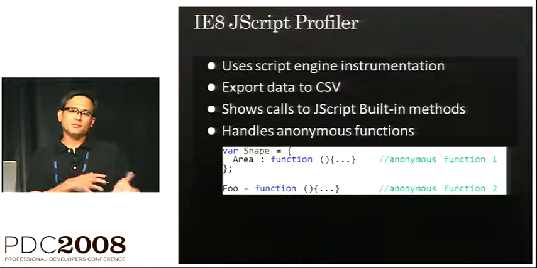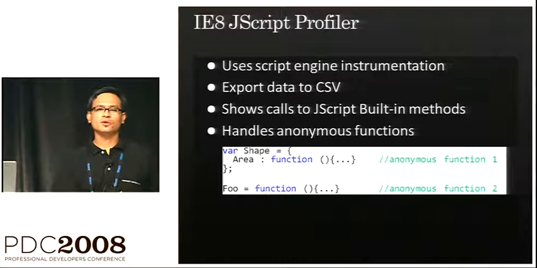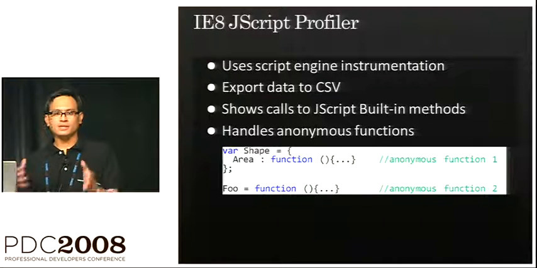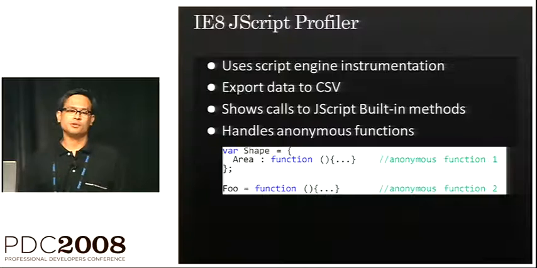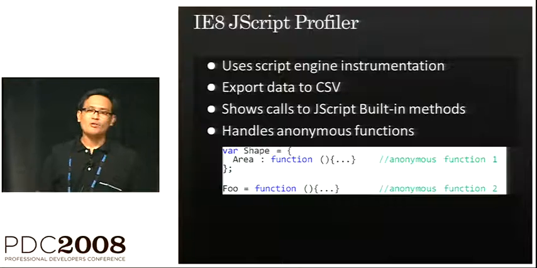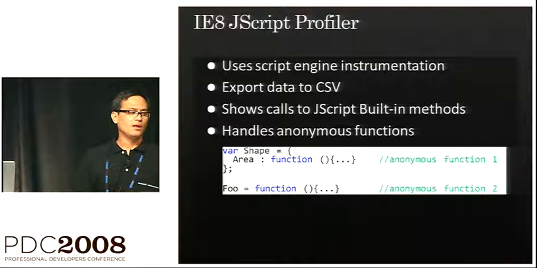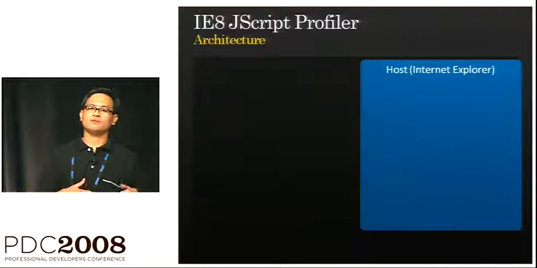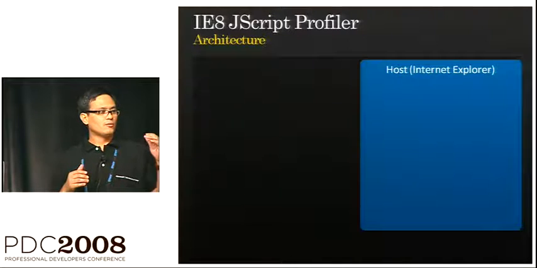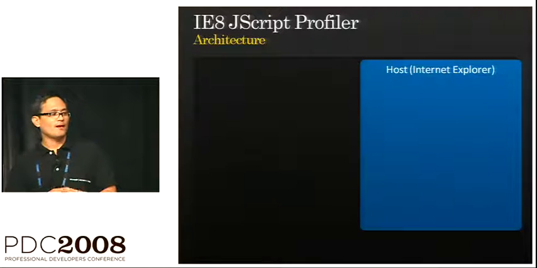Performance of a web application depends on two parts. First part is the way web developers write the script code. Second part is also the runtime platform on which the script application is being executed upon. In this case, the JScript engine. So what we have done is we have also done some enhancements in the JScript engine, which will improve the performance of the web application. If you look at the JScript profiler,